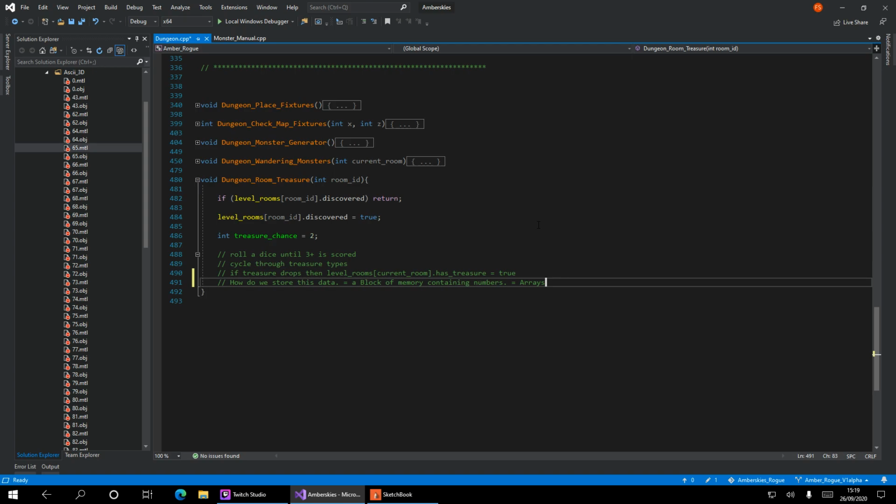So we're at the start point now of our data. And I was going to continue this into traveling through the system and watching how the data is transformed into what the user reacts or interacts with. I was going to do it all the way through, but I think this is going to be the last section, unfortunately, today. So at the end of the day, how do we store this data? A block of memory containing numbers which equals arrays. That's the answer that I couldn't come up with yesterday on the fly, because I'd forgotten the truth behind it all.